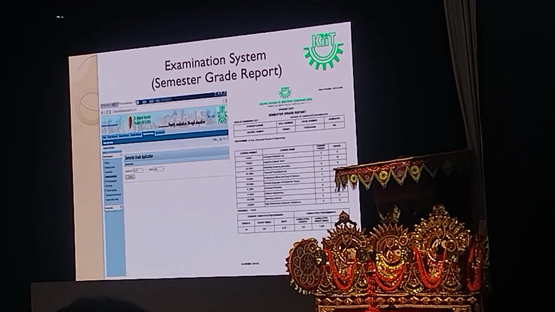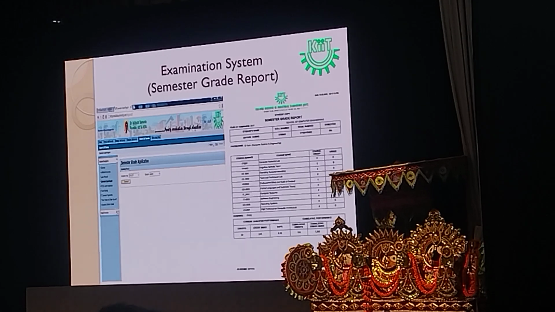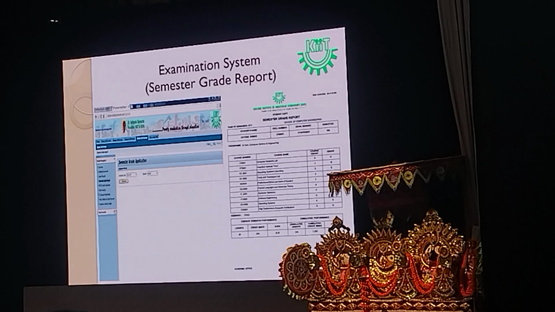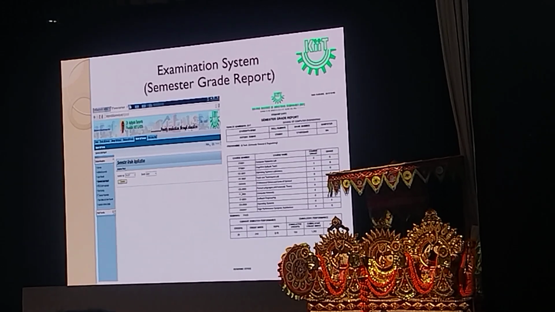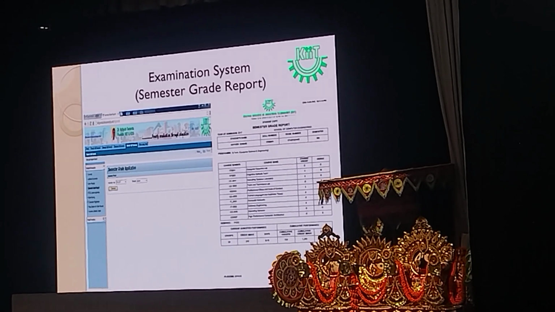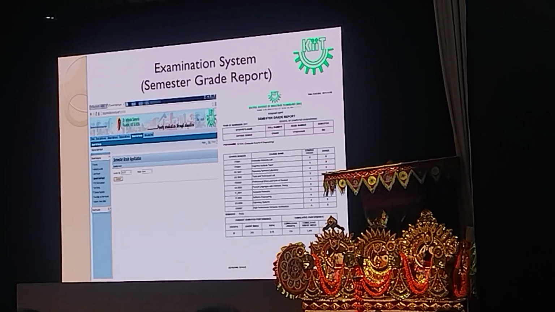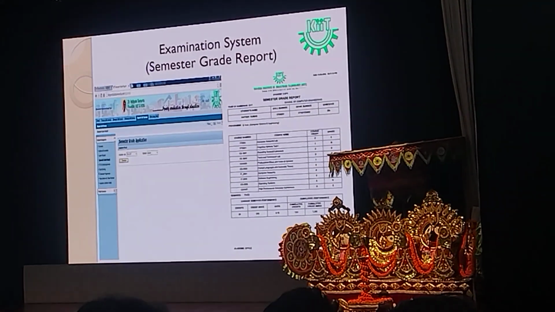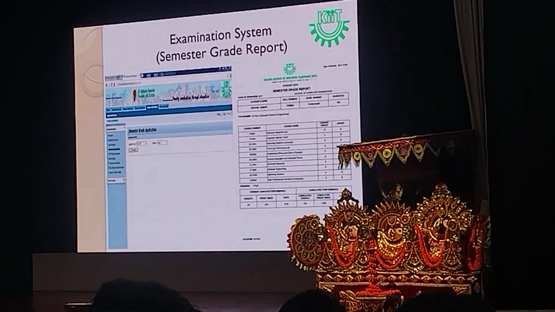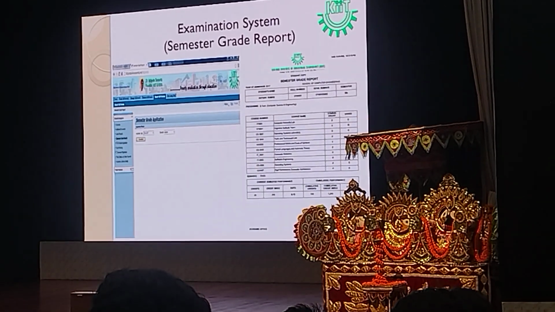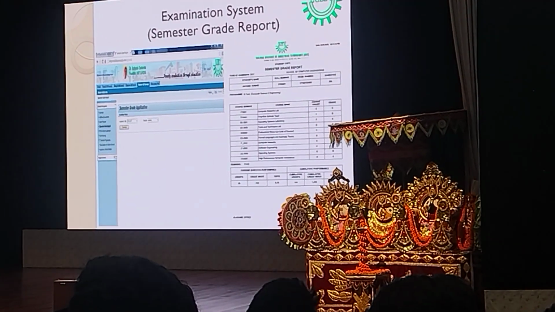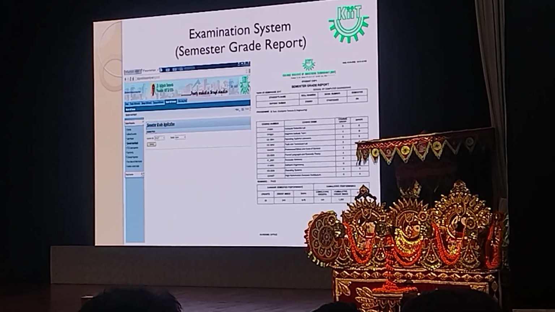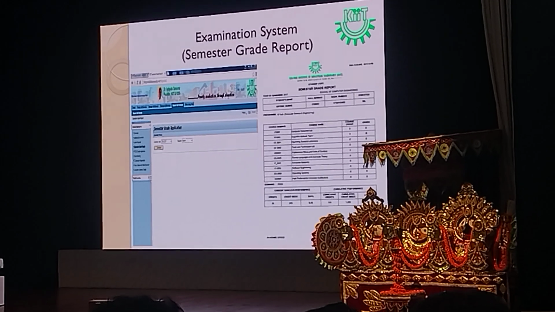So nowhere do we mention or show that the student had a backlog and has cleared it. It will be overwritten in that grade. So you should be assured that at the end you will get a clean semester grade report for all semesters, provided you clear all the backlogs in the opportunities which the university will give to you. And at the bottom also are the SGPA scored by the student and the CGPA. The difference between SGPA and CGPA is the same calculation, but SGPA is only for the subjects in that semester, CGPA is for all subjects, starting from first semester up to your current semester.